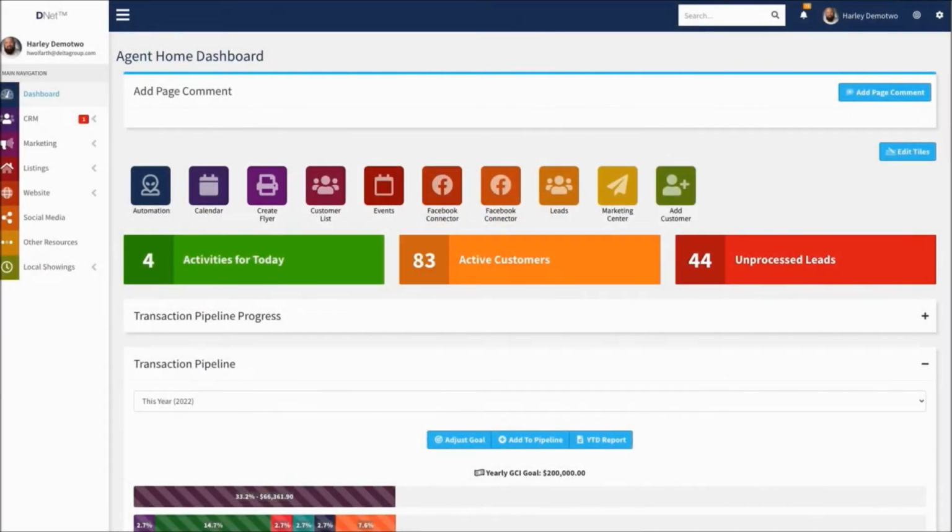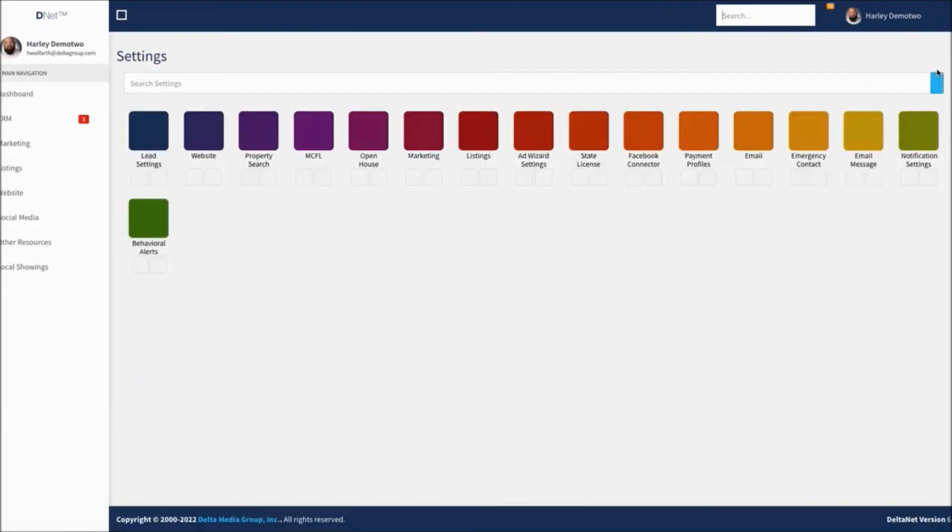First off, we'll take a look at the mostly customer-based automations. So to get there, I'm going to go to my lead settings page. These are things that act on leads, so the lead settings page makes sense, right? So to get there, I'm going to click on this gear up here in the top right, and then I